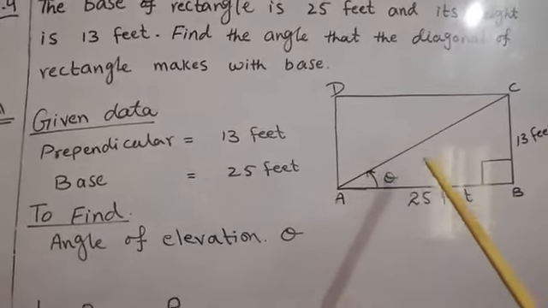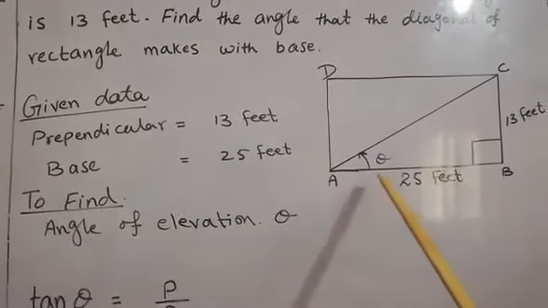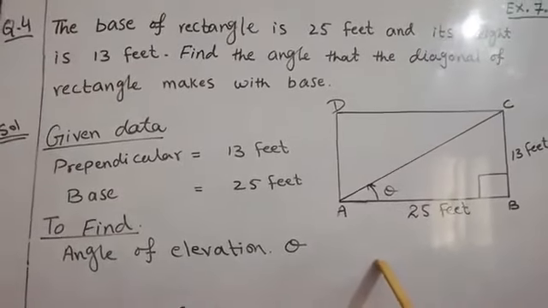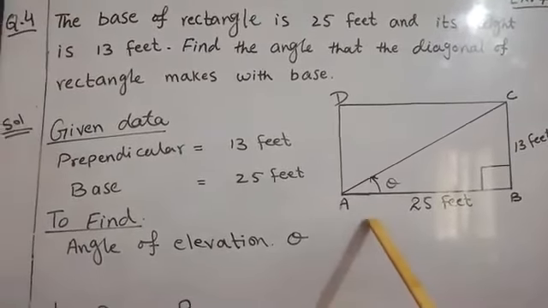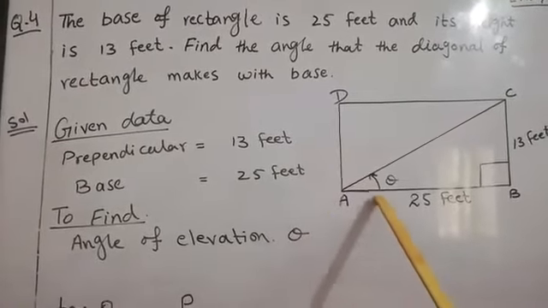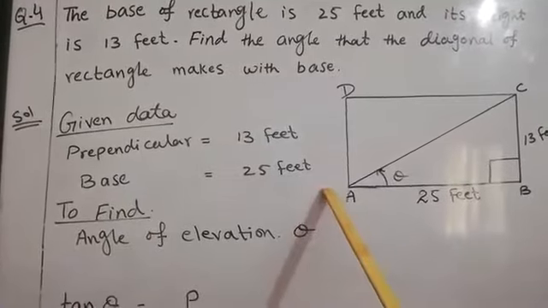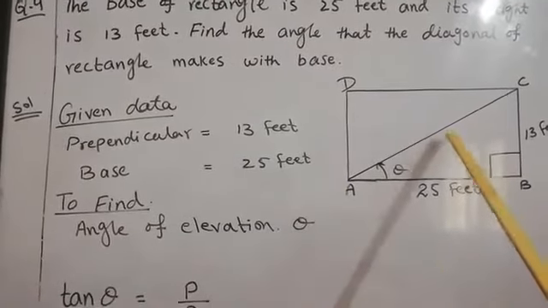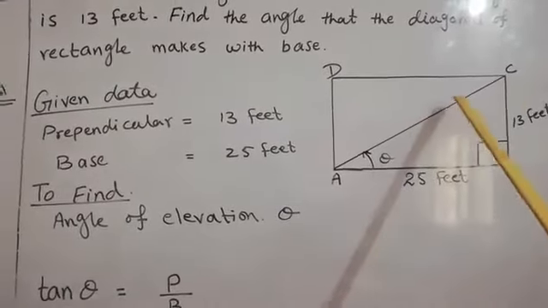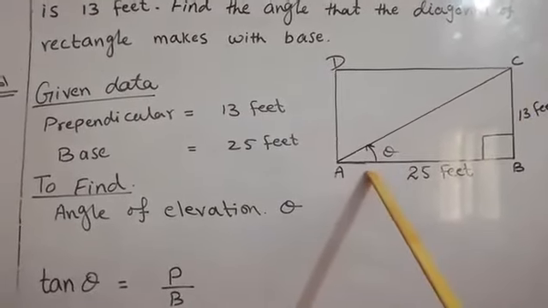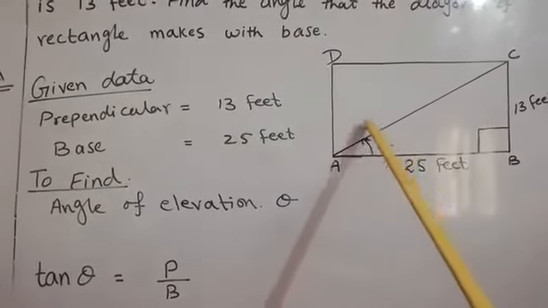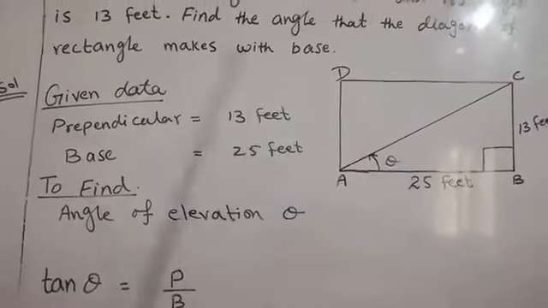There are two angles involved. First is the angle of elevation and the other is the angle of depression. In today's lecture we will discuss the angle of elevation. Angle of elevation means the angle between the observer's eye and the object, in such a way that the object is placed at a height. Okay, means whenever the observer looks upward, then the angle made is the angle of elevation.